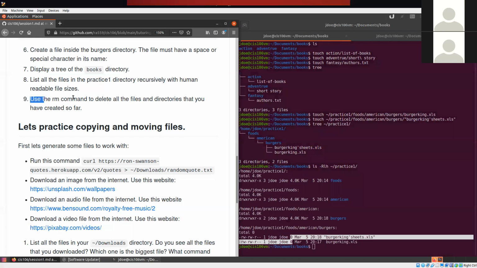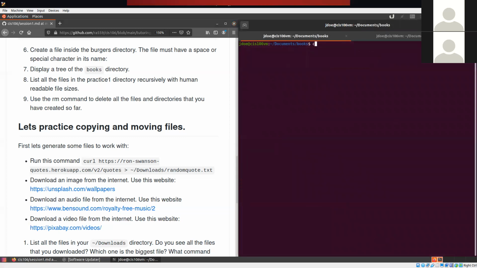Okay, now use the rm command to delete all the files and directories that you have created so far. Okay, so let's clear the screen, and I'm gonna go home. Now I need to create the books directory, the practice one directory, and the movies directory. Okay, but those directories are not empty. So in order for me to delete non-empty directories, I need to use the minus R option. So I'm gonna do remove minus R, and then, oops, sorry, there you go. Practice one, and then